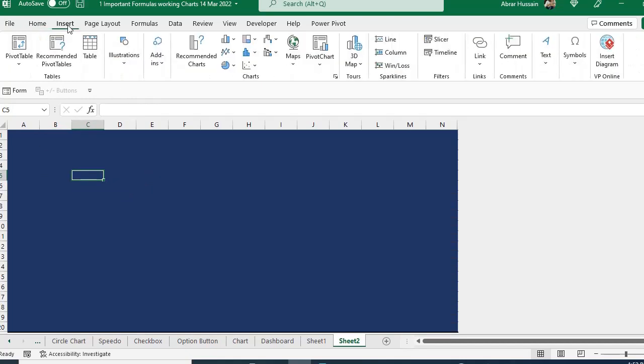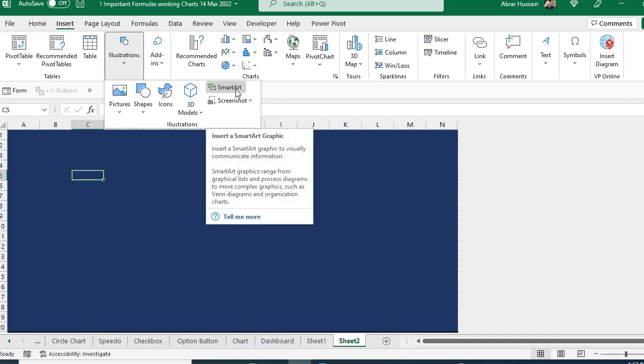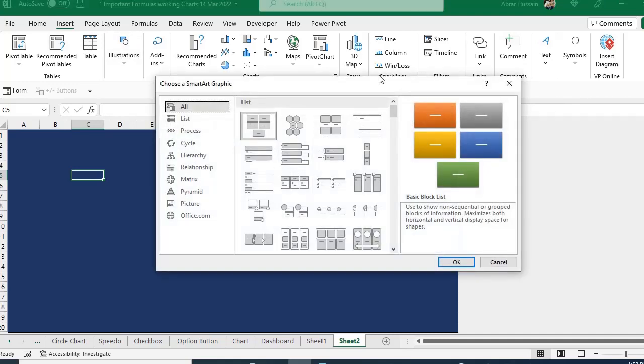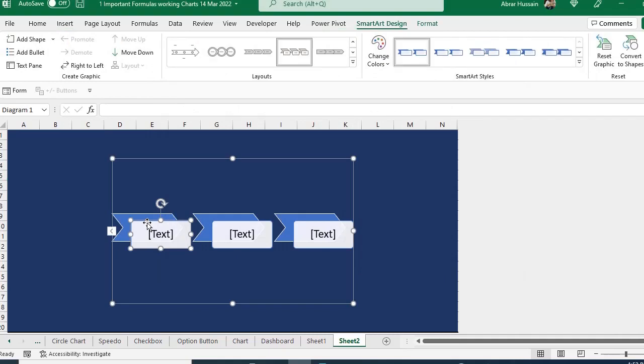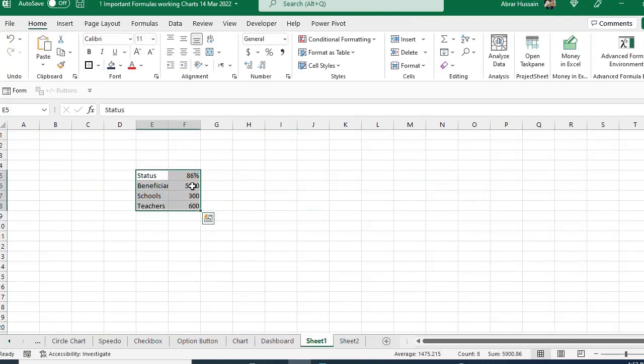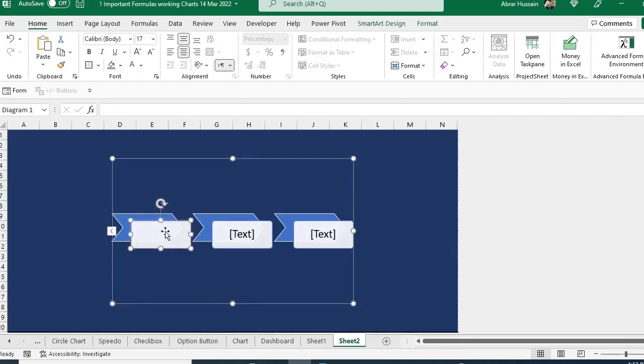Now to use these smart arts, most of the people ask me that these smart arts take a lot of space and we cannot use them according to our need. Yes, we can use them. Click smart art. Now from here, whichever smart art you want, you can select that. For example, if we take this one, okay. In the dashboard, if you are using such text boxes, you can link them with your main data, so that whenever there is a change, the dashboard text box cells also change. If I type here something, that won't change if there is a change in my data. For example, my data is here and I want to link these cells with these text boxes,